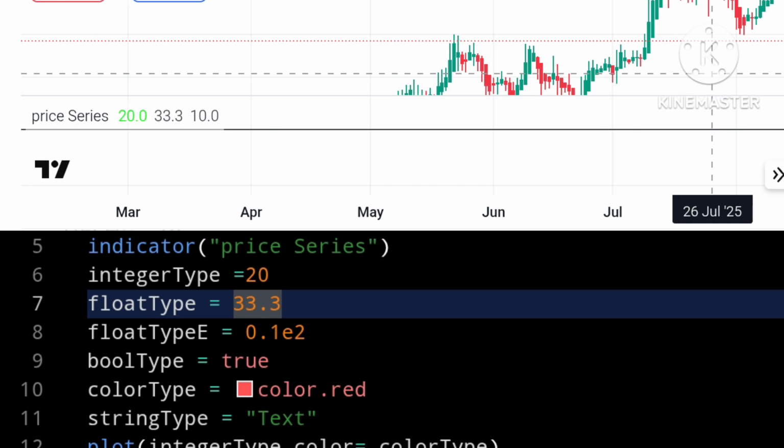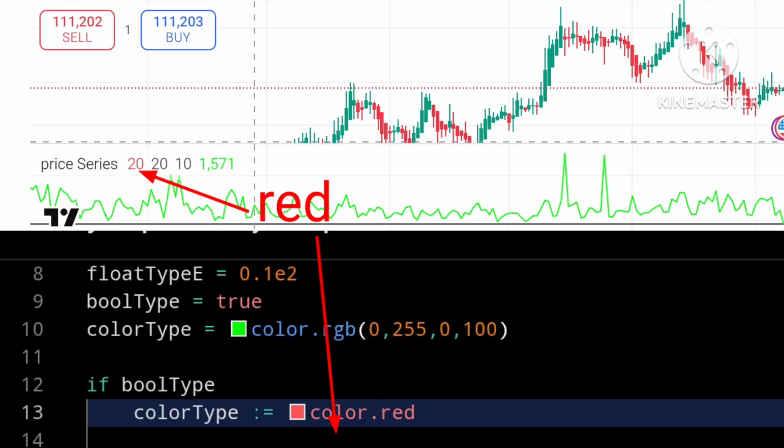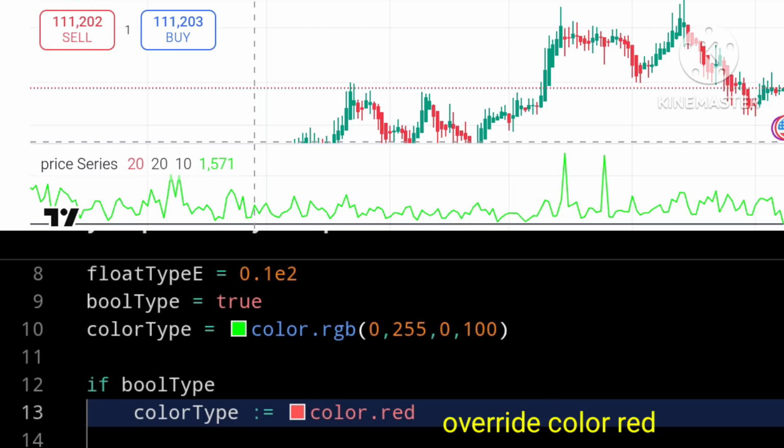Let us say if bool type is true, then let us overwrite our color type to color.red. So now when I save the script, this plot will turn red because bool type is set to true, and we just said if bool type is true, override color type with the color red.